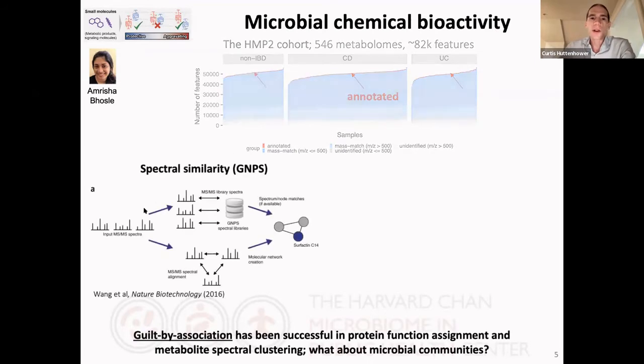There's been some great work using tandem mass spectral methods to explore these uncharacterized metabolites, especially using guilt by association. So given an MS-MS spectrum of a new compound, if it looks kind of like the MS-MS spectrum of a known compound, then they're probably related somehow. And this provides a type of guilt by association that works great when you're able to have this type of